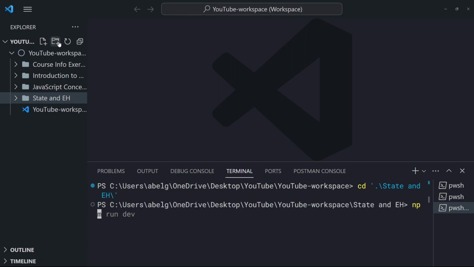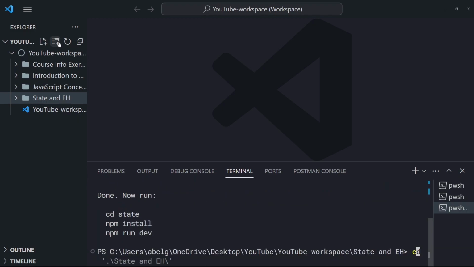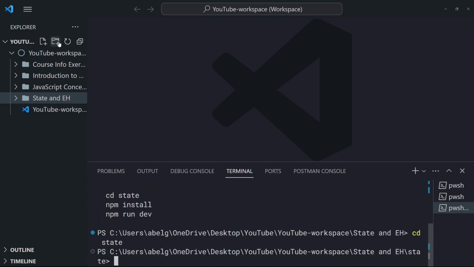And we're going to run our command. Now, if you do not understand this and other commands, I've explained them all in my first video. So you can go to that and come back to this video. So we're going to call our project state and we're going to use the React template. Once that's done, we're going to cd into our project and we're going to run npm install, which is going